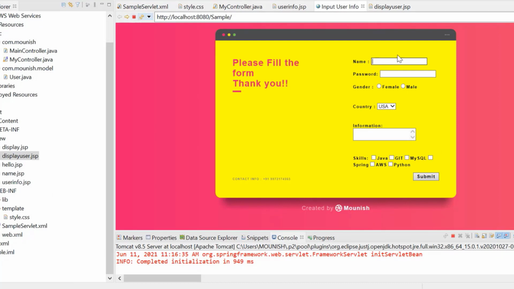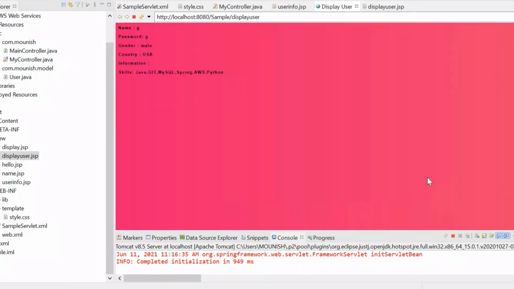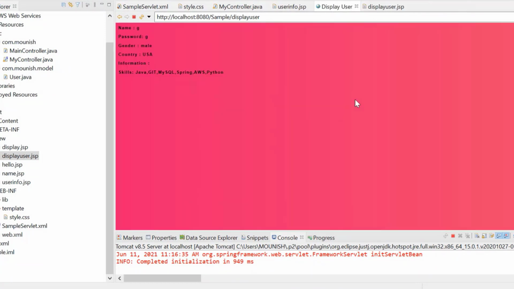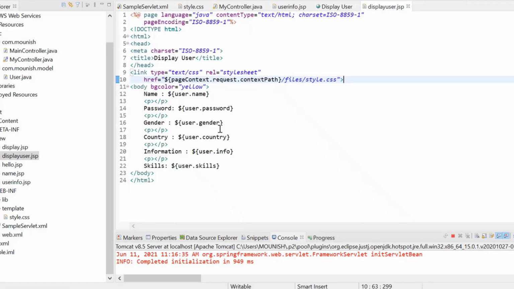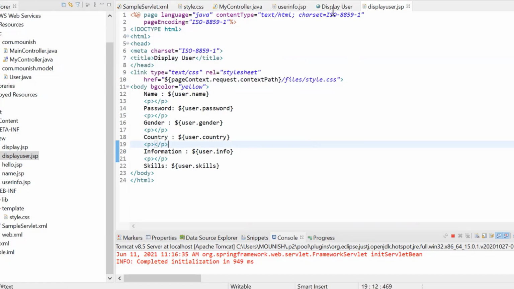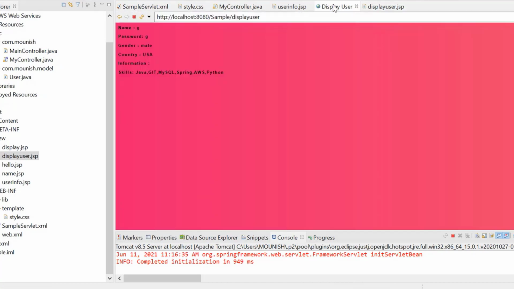Refresh this page first. I've made some changes. Give some values. And then submit. Now you can see it automatically changed everything. Even though this particular path has changed, since we gave this line, automatically it will take any path, it doesn't care. So that is the importance of form validation and then styling.